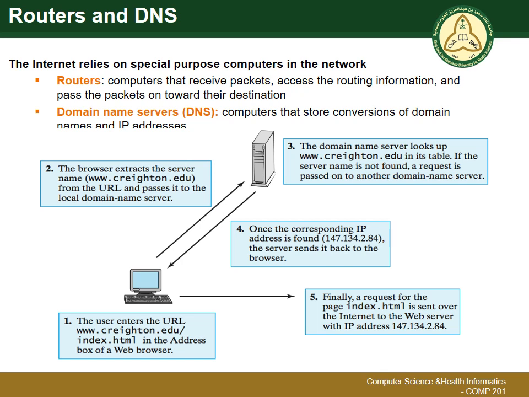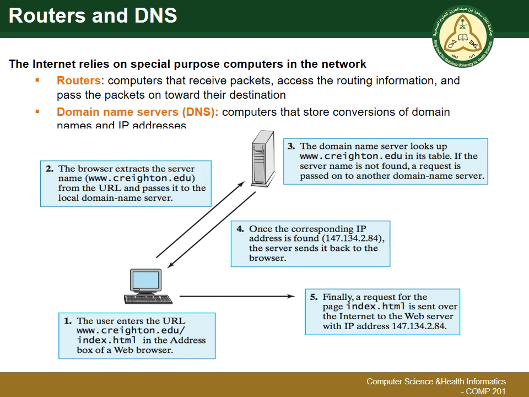The following figure illustrates how we look up the IP address and request a web page from the internet. When a user enters the URL, for example, the creton.edu website, in the address box of the web browser, the web browser extracts the server name, which is creton.edu, from the URL and passes it to the local domain name server. The domain name server will look up the website in its table. If the name is found,